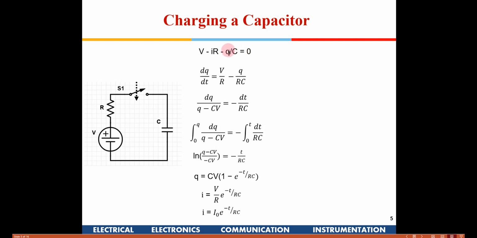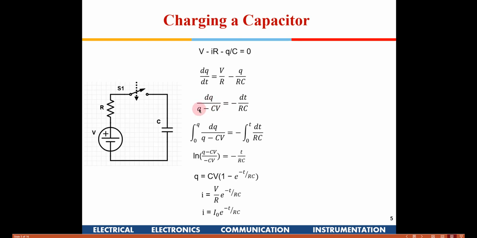Now if I differentiate this, I take the negative part onto the left hand side, and we get dq by dt equals V by R minus Q by C. I am just differentiating the entire thing here. Why am I doing that? Because dq by dt will be the current. So to express this in terms of current, we are doing this manipulation.